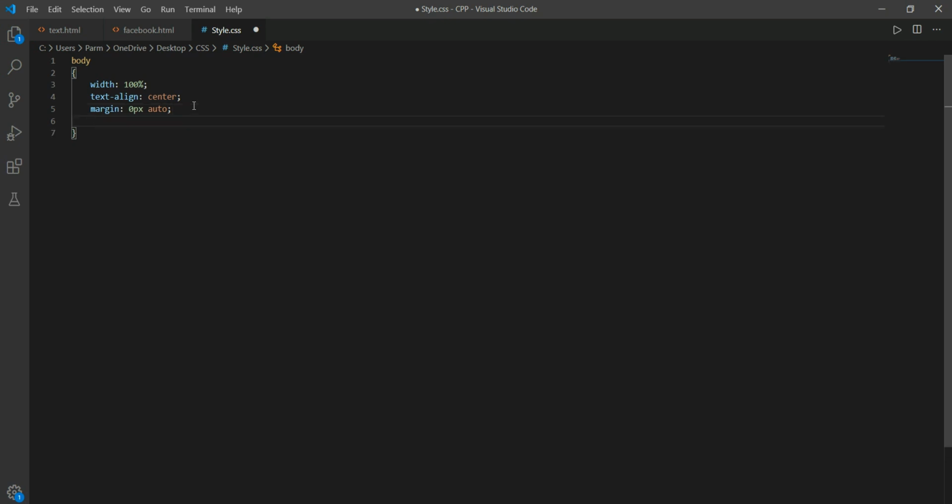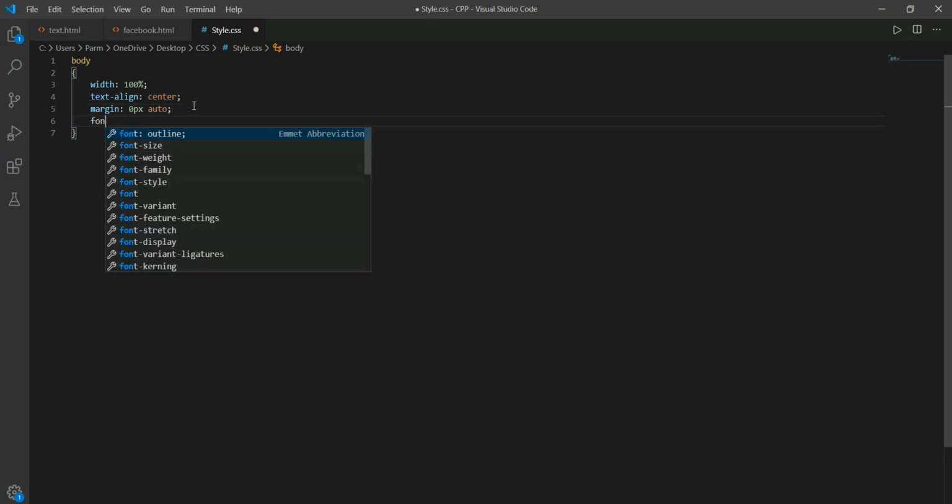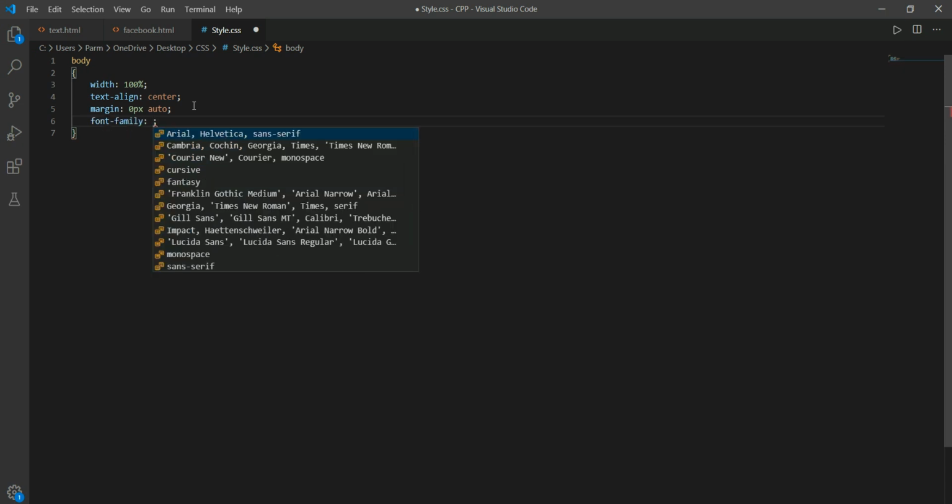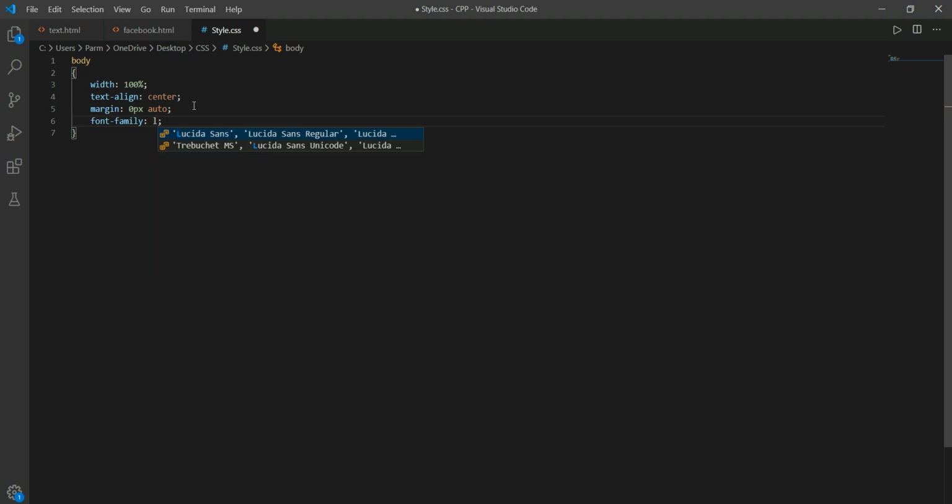Okay, and after this we have to select the font family for the window. If you have an idea of the fonts, and start practicing HTML and CSS and start developing, you come to know that mostly the font family used by Facebook is Lucida Sans Regular.